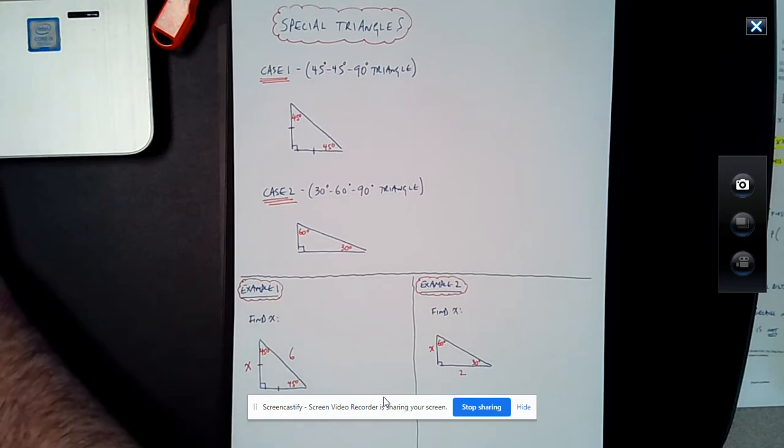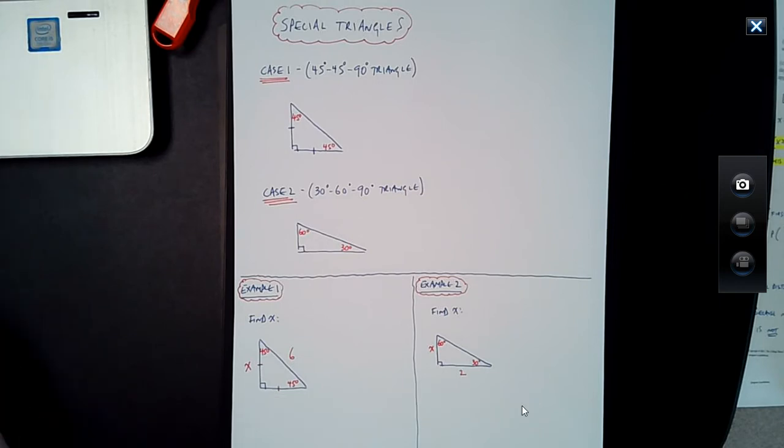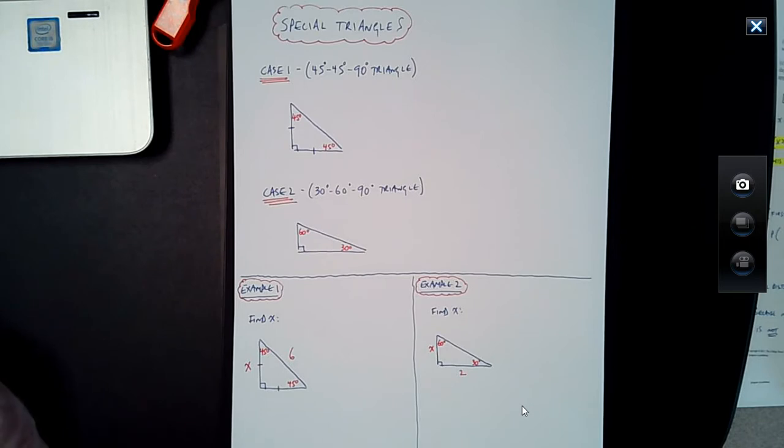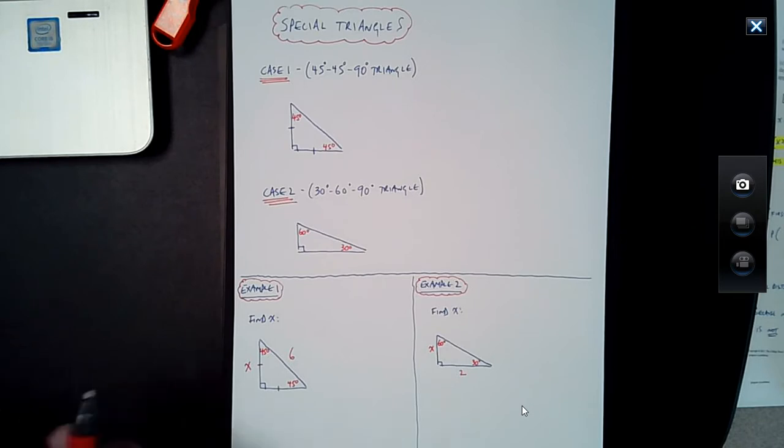Hello everybody. So in today's lesson, I'm going to be showing you how to use special triangles to calculate the sides without having to use the calculator and without having to use the trigonometric functions. So there are two special cases that we're going to look at. So the first one is called the